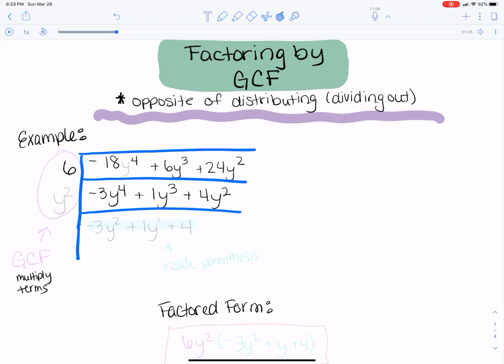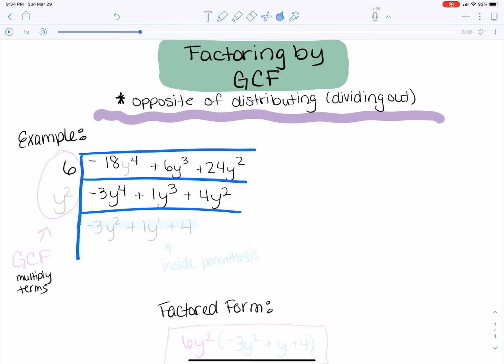So if we look at each term, the first one, well, that has 4 y's, the second one has 3, and my third term has 2 y's. We have to think about how many y's can I factor out of each term. Right? So I can factor out at least 1 y from each term, but I can also factor out at least 2 y's. So if we look at our last term, we have y squared. Well, I can pull out y squared from there. My second term, the y cubed, I can pull out at least y squared from there. And my first term, y to the 4th, I can pull out at least y squared from there as well. So that's what we have to factor out